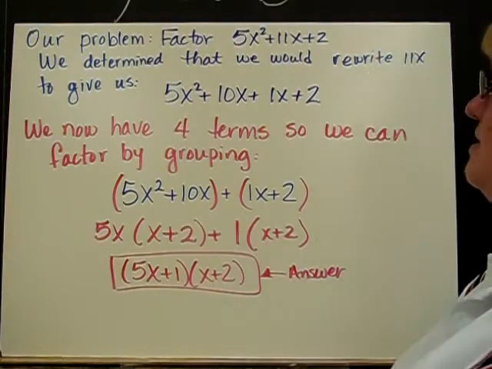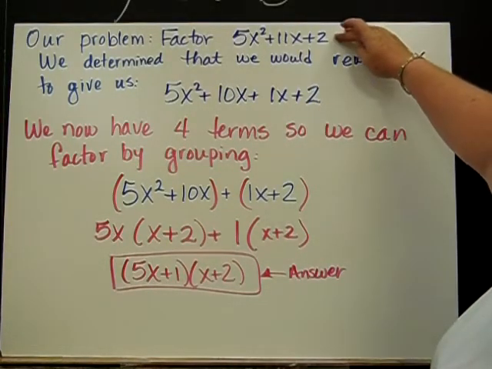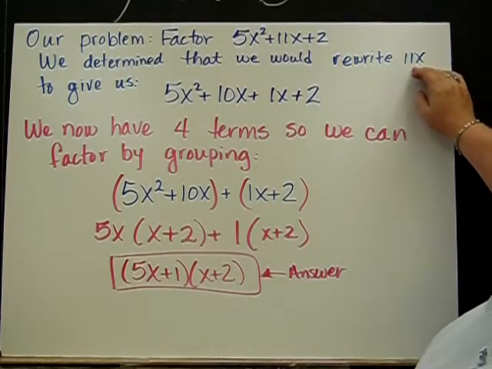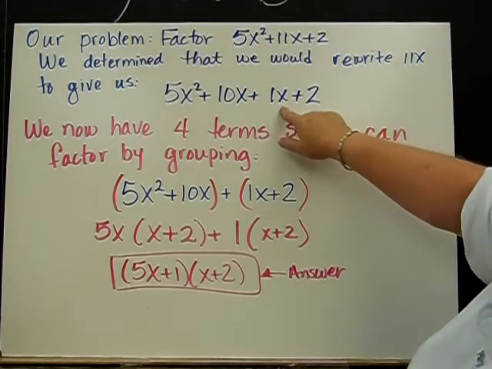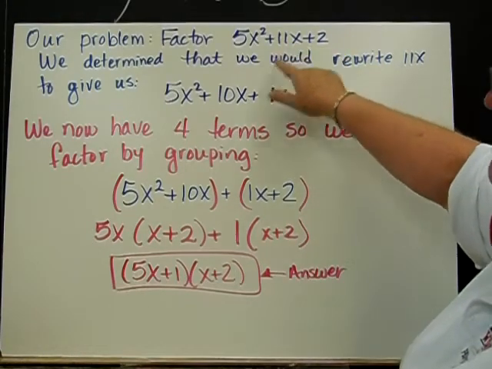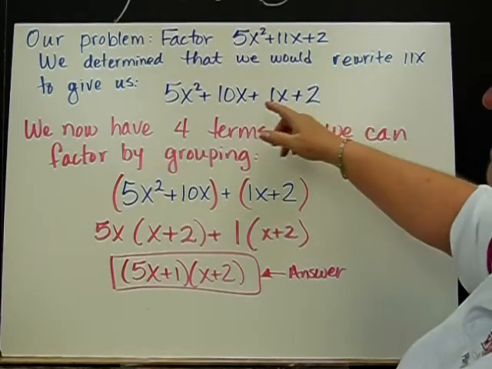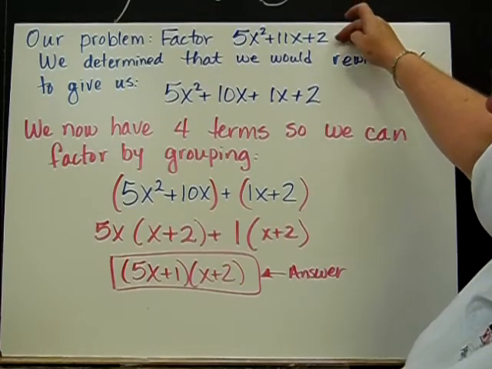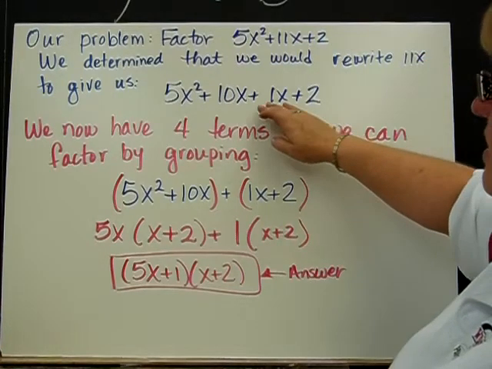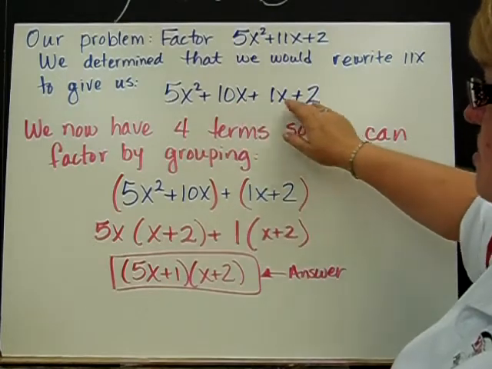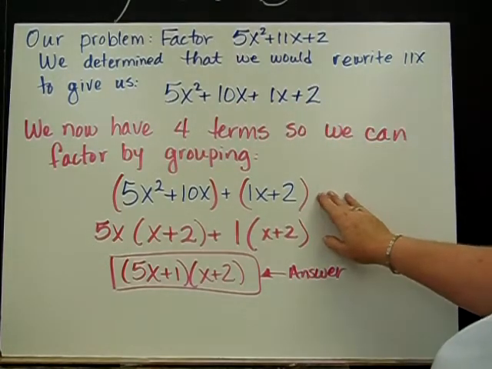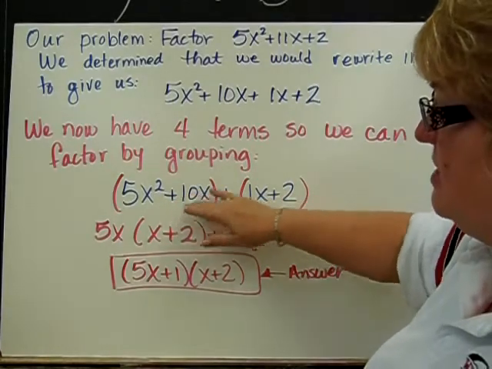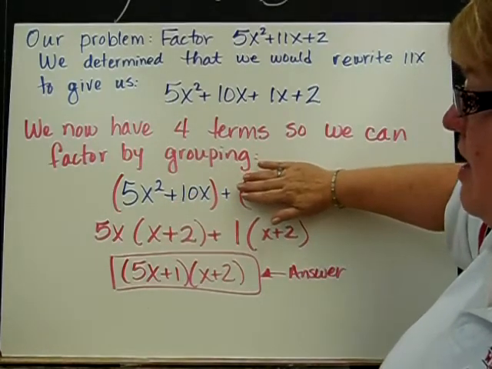So our problem was that we want to factor this polynomial. We decided that we would rewrite 11x using 10x and 1x. So when we rewrite this middle term with 10x plus 1x, we now have 4 terms instead of the 3 that we started with. So now we can take these and group 2 terms at a time, just like we've done before with our factoring with grouping, and look at just this binomial,